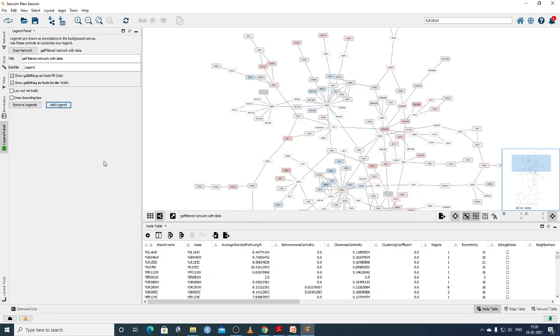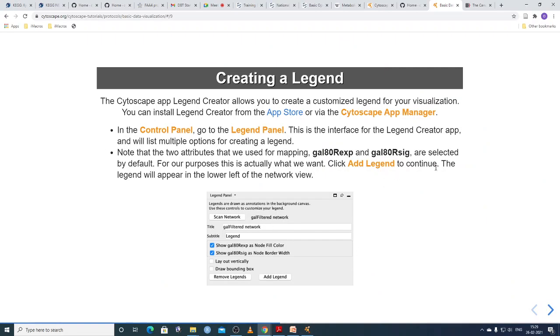Okay, so this is add legend. So this we want to show. If you alter some data XYZ here and write add legend, that is what we want: add legend, same as this one. So add legend to continue.